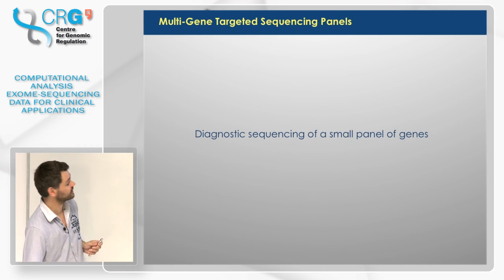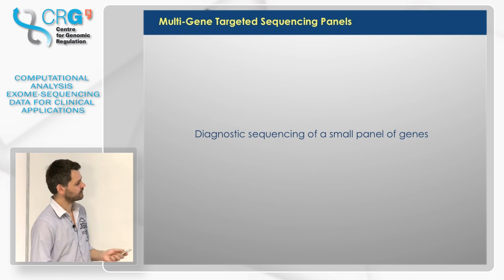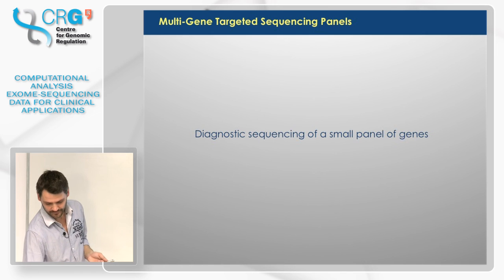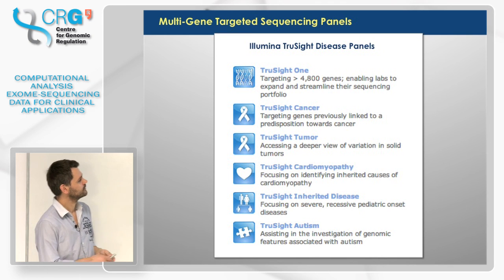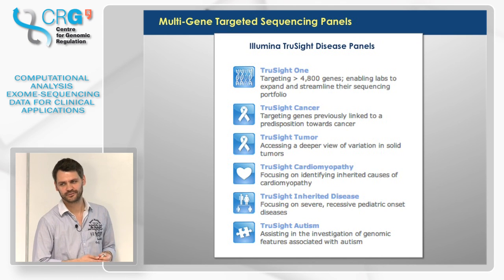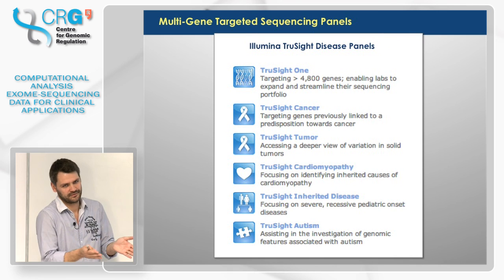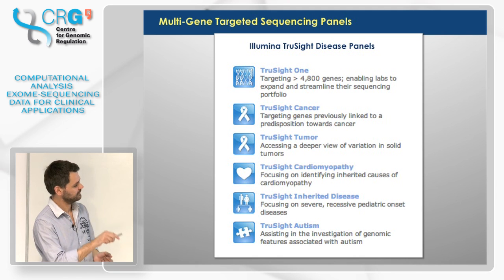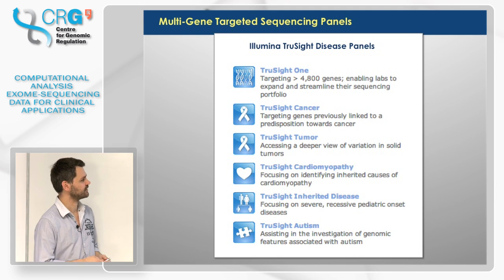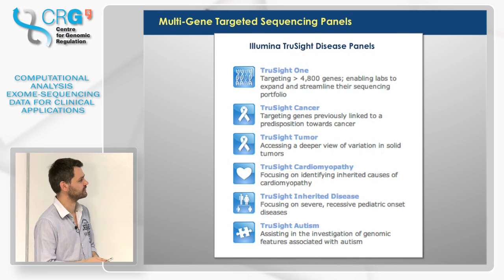As the final slide, what was mentioned yesterday: if you are only interested in diagnostics and not in finding novel genes, it is probably much better to look at a small panel, or how Christian called it, a package of genes. And for that, you wouldn't actually have to sequence the exome. You can save a lot of money by just choosing one of the disease targeted sequencing panels. The only difference here is that you do not enrich the whole 20,000 genes, but a subset. You can buy from Illumina or from other companies like Agilent and so on. You can get these pre-made panels of genes, but Agilent, Nimblegen, and Illumina also allow you to make your own. So you go to the website, you put in the sequence of your genes, and they will give you these